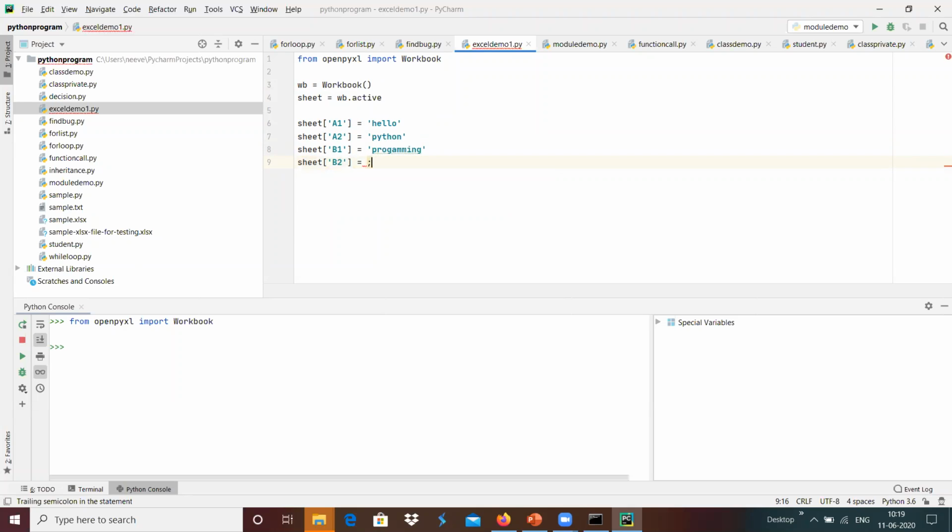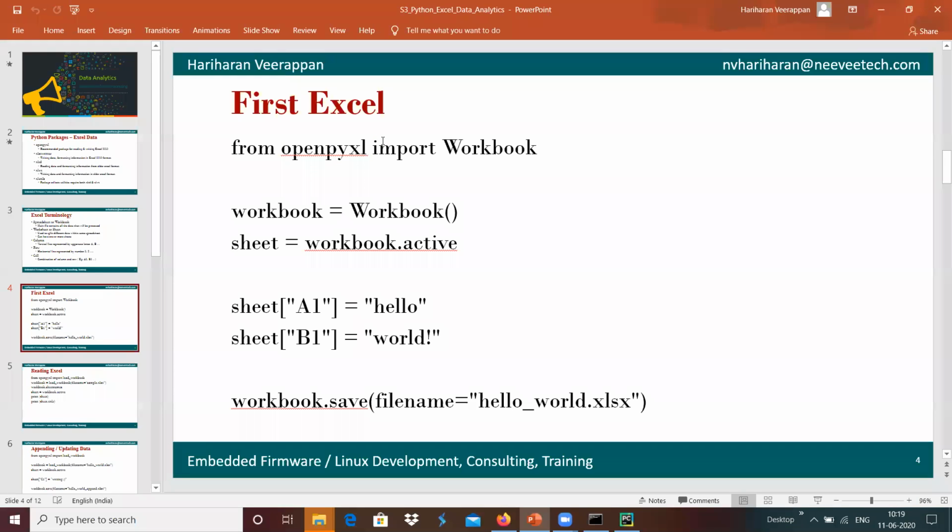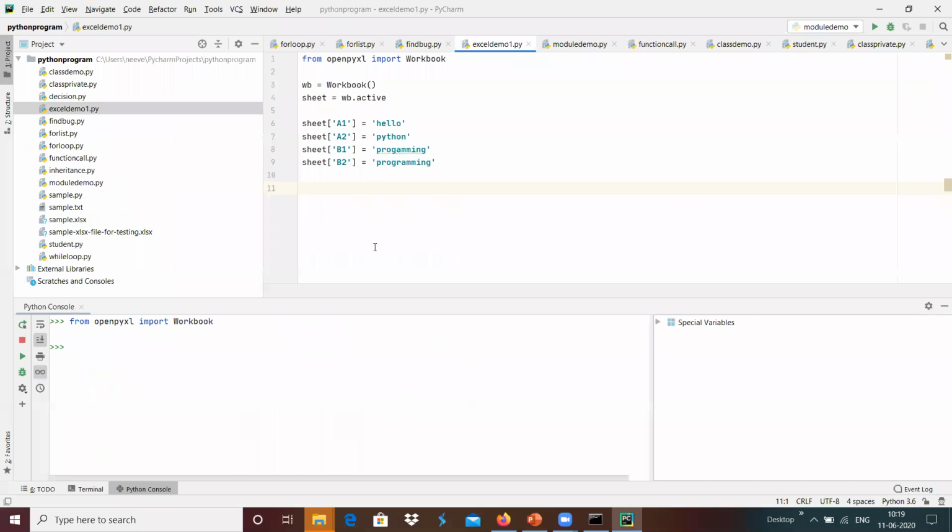Same way we can do sheet of B2 equals another "programming" over here. And once it is done, we need to write this into the file. In order to write, we can use the function called workbook.save so that it gets saved.